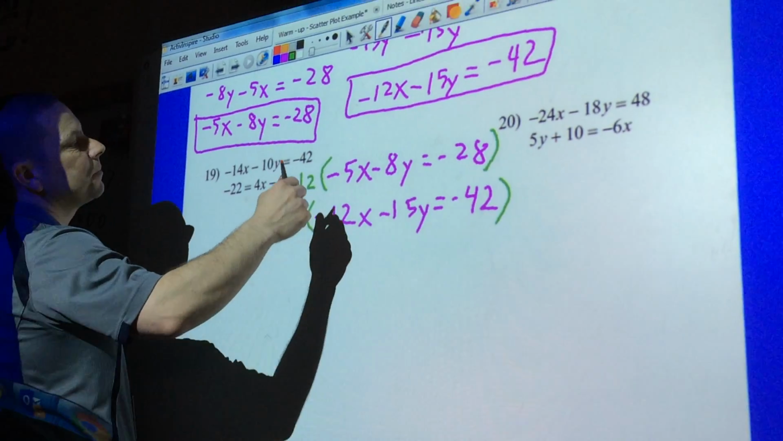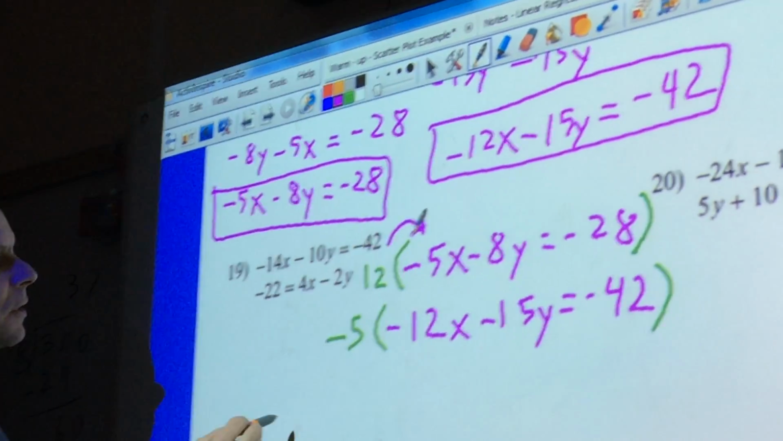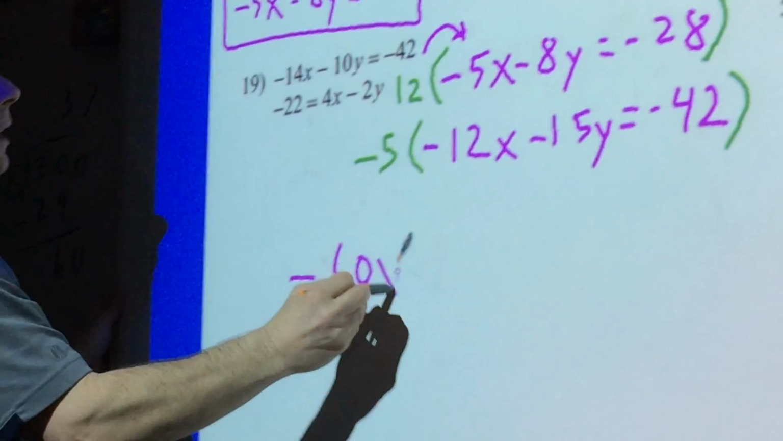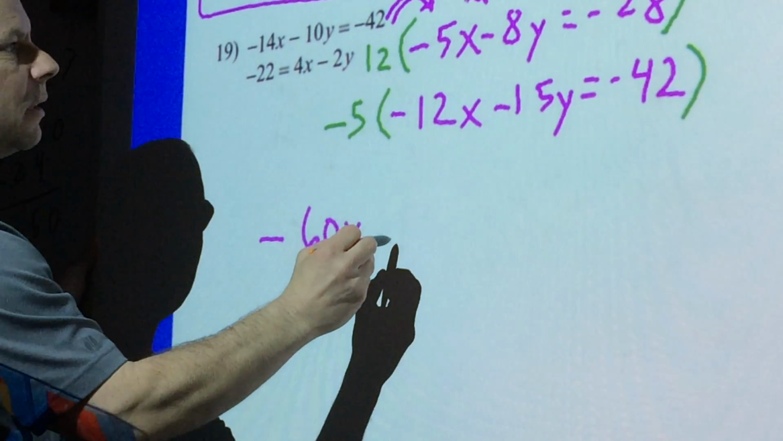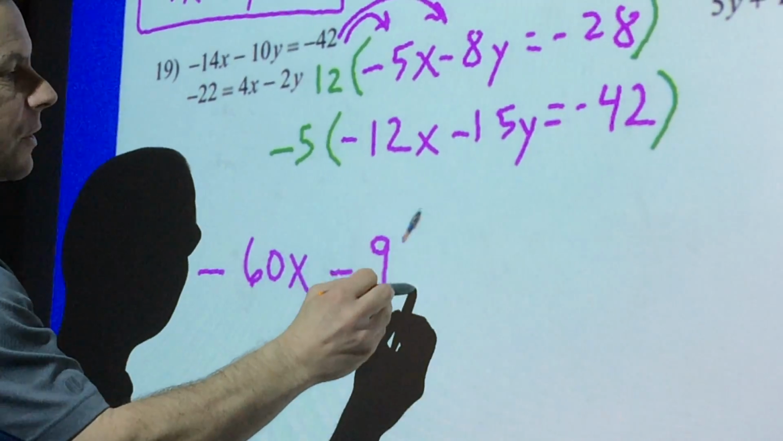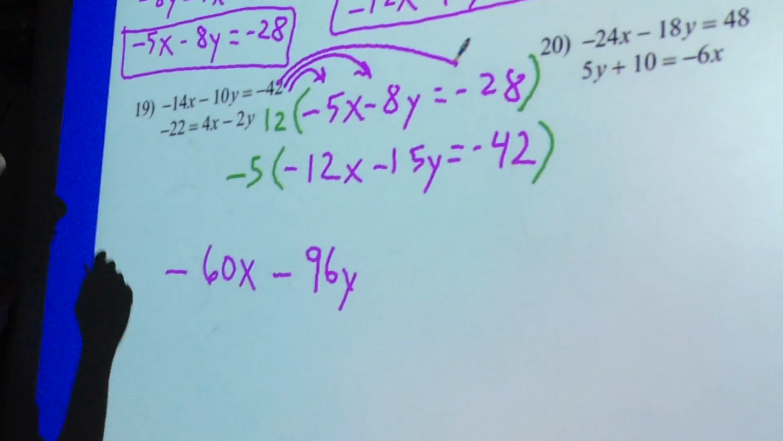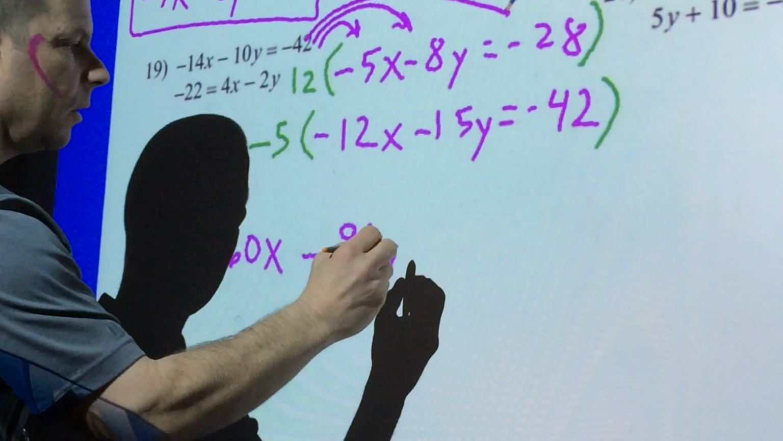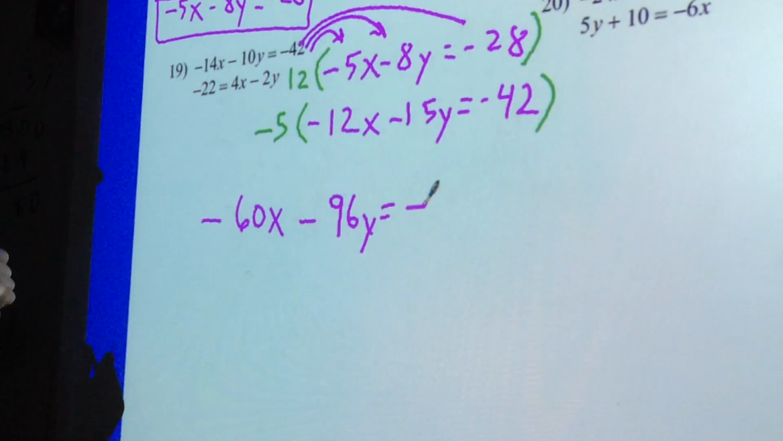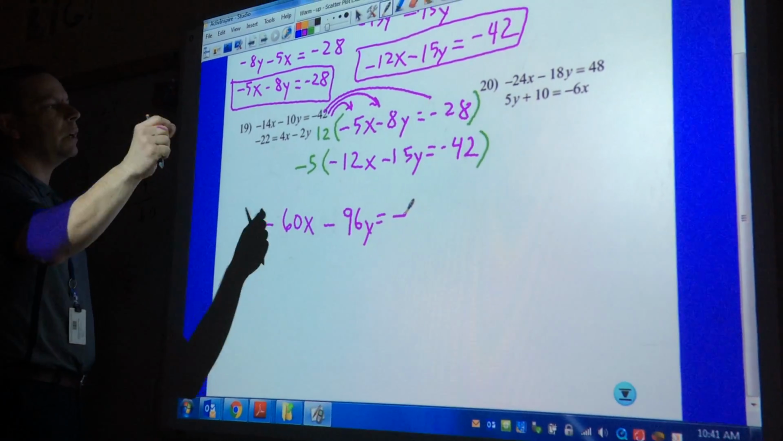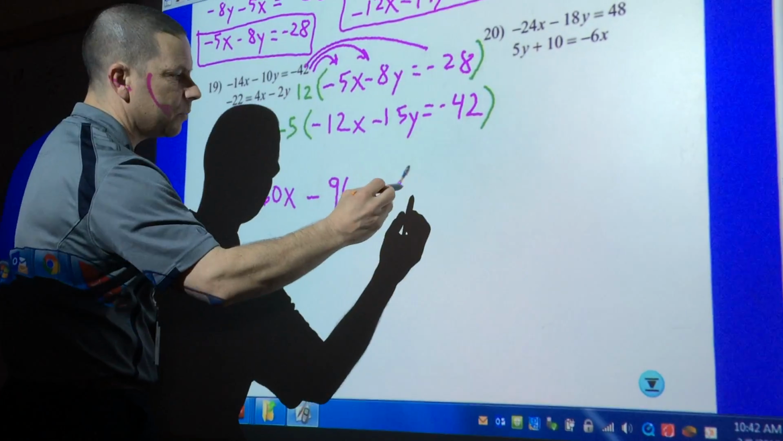All right, so here we go. 12 times negative 5x is negative 60x. 12 times negative 8y is negative 96y. And 12 times negative 28 is going to be, let's see, negative 10 times 28 would be 280, and then I need to add 56 to that. So that gives me